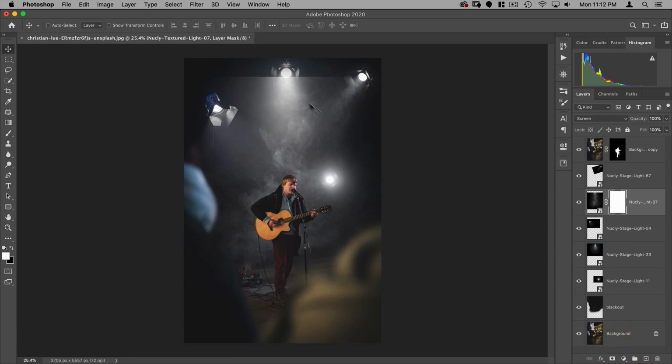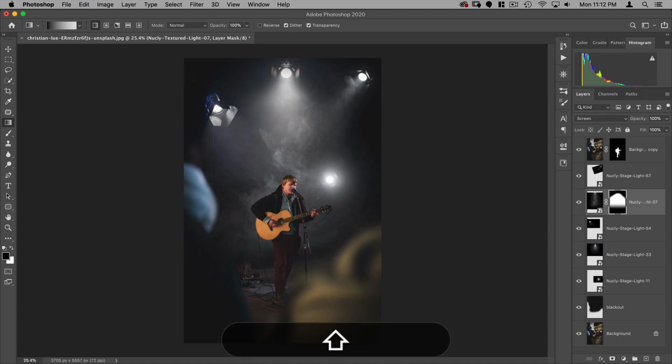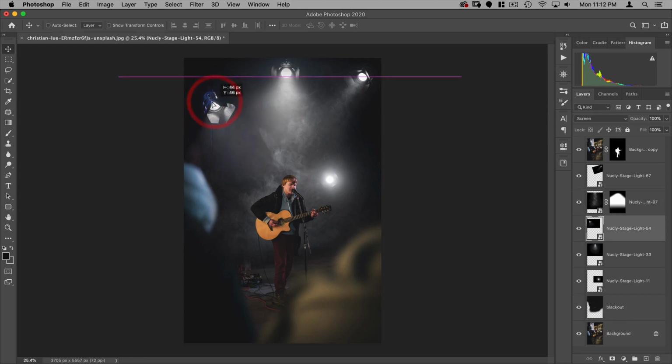And we're going to have to add a mask to that, and with a gradient. And black is our foreground color. Just get rid of this hard edge. Like that. And maybe a little bit off the bottom like that. Good. This one, I think right about there.